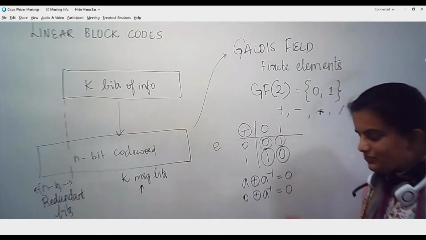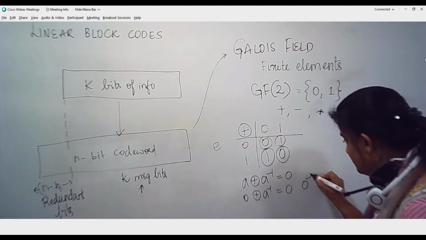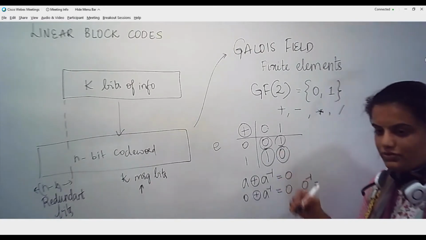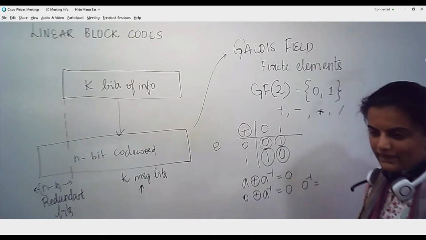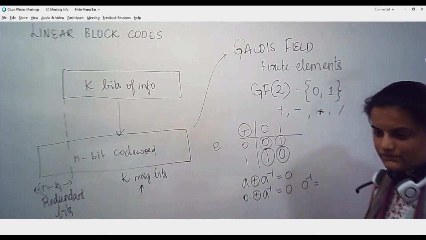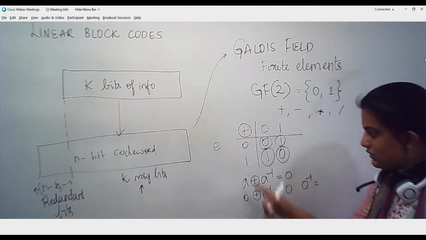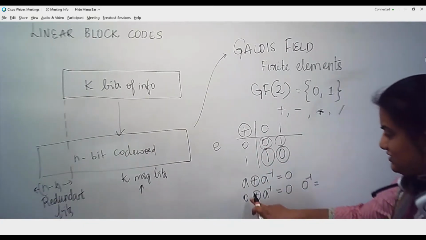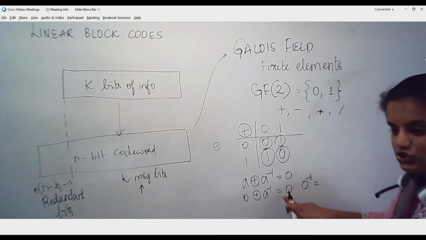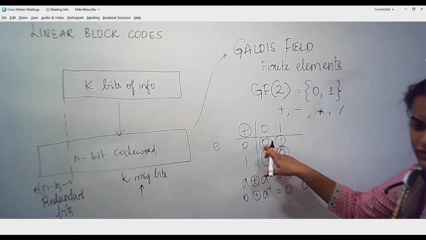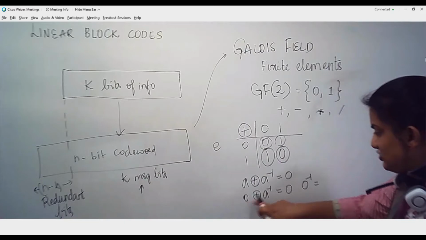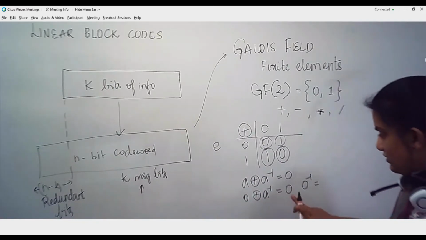Which is the inverse of 0 in this particular group? One? Okay, check. 0 plus the inverse of 0 should be equal to 0. Which is that? 0 itself. Correct.